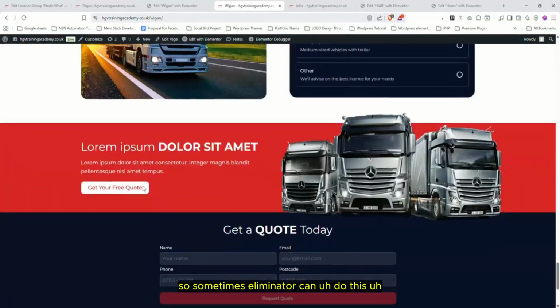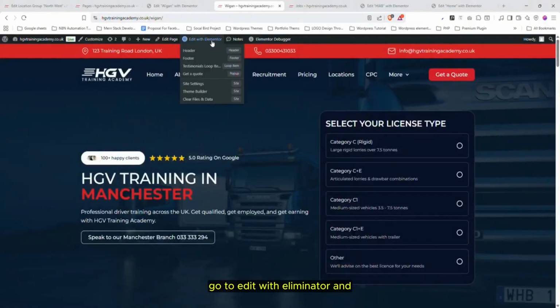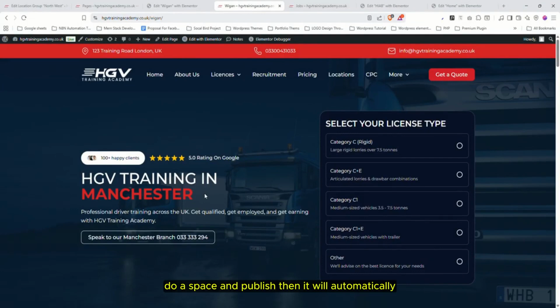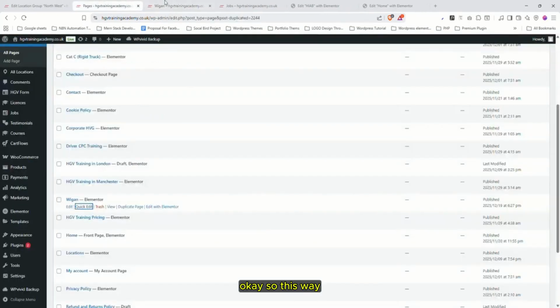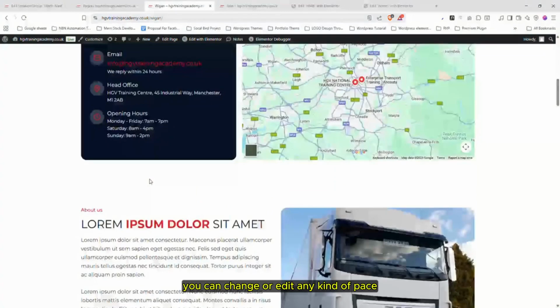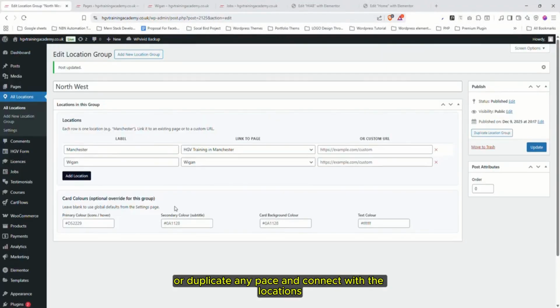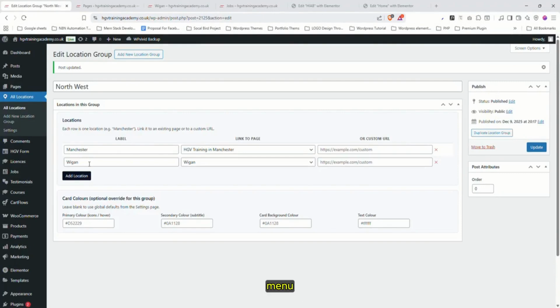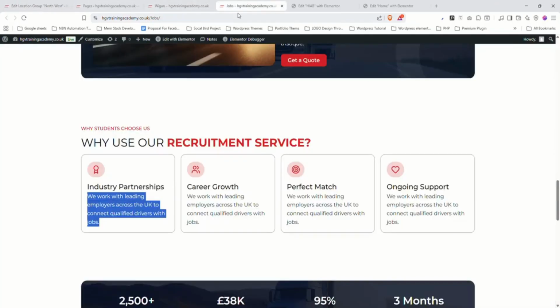So sometimes Elementor can do this type of breakage. So you just have to go to edit with Elementor and change anything, or just add a space and publish, then it will automatically solve the issue. Okay. So this way you can change or edit any kind of page or duplicate any page and connect it with the locations menu. And if you want to add any location group, for example,